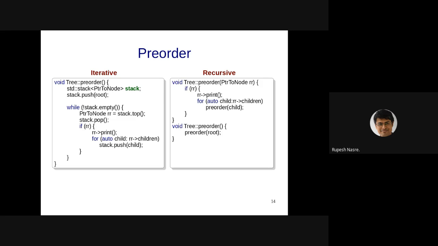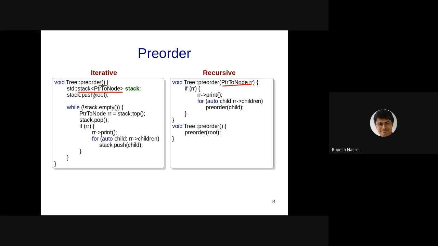So we have iterative pre-order. We are not allowed to call pre-order again, right? And note that the recursive pre-order required a pointer, whereas this one is not going to require that. So I maintain a stack of whichever are the parent nodes. So at any point in time, the stack is going to contain all the ancestors of the current node. The invariant is that at any point in time, the stack contains all the ancestors of a particular node.